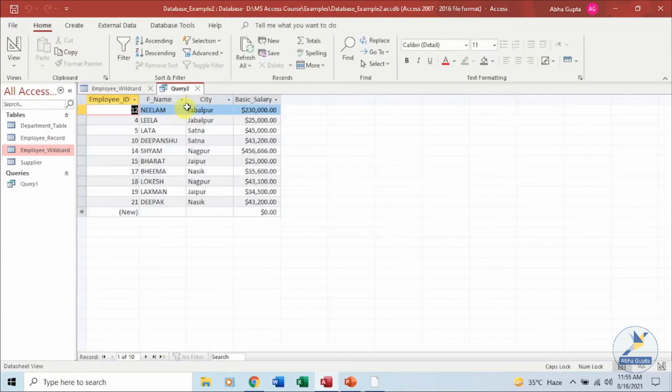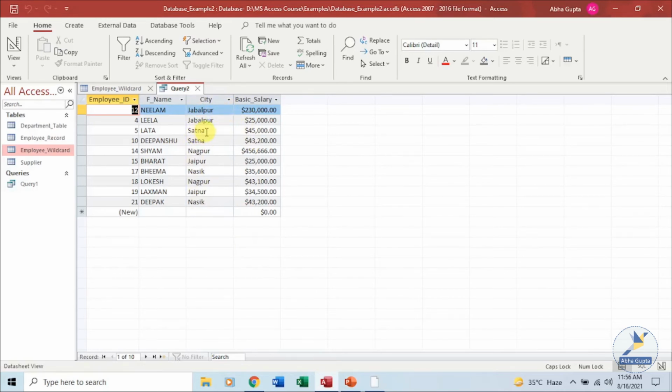Let's run it. See over here, the first character can be any character, so it can be J, S, N, or any other. But the second character is always A, and after A it can be n number of alphabets.